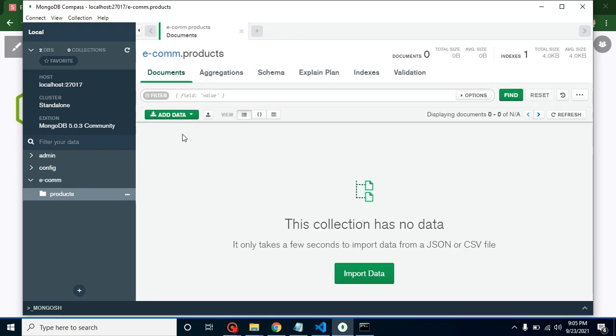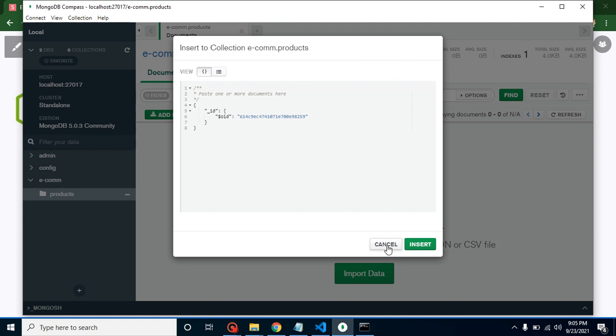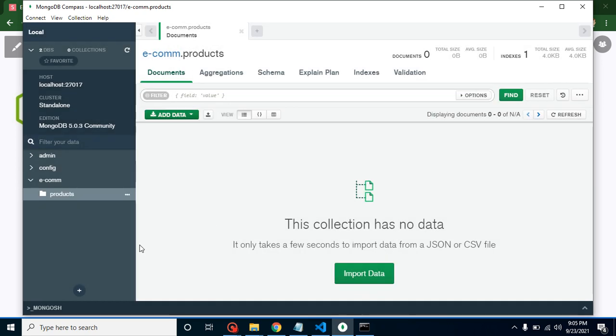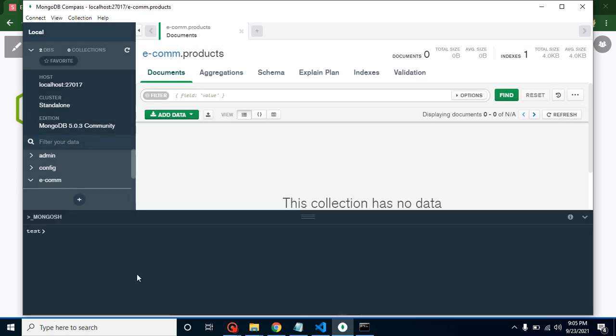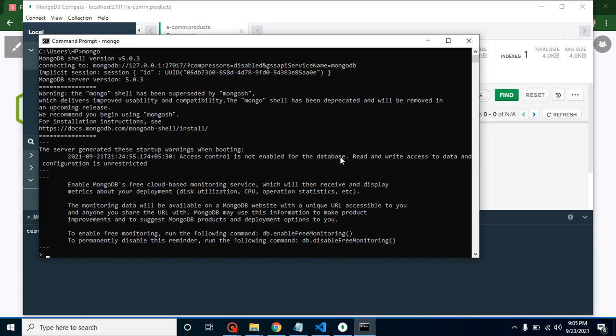So how can we insert data? First we can insert it with the GUI tool, like inserting data from here, but I will show you that in a moment. First of all, let's see how we can insert data with the help of the command line. You can use the Mongo command line, or you can use your default command line tool. It's totally up to you.